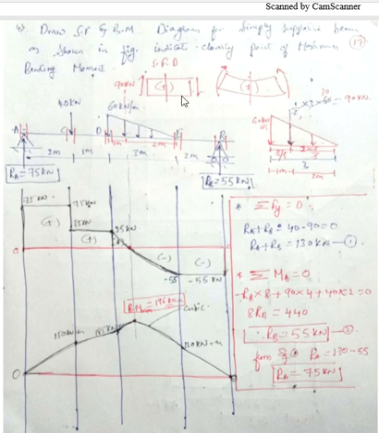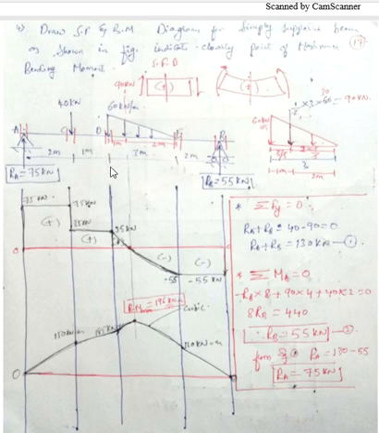Again, the sign conventions are: for drawing SFD, come from the right side to the section. If the force is downward, then take it as positive. If the force is upward from the left side, then it is taken as positive. For BMD, if the moments are trying to lift the beam upward, either from the right side or from the left side, if they are lifting the beam upward, then take them as positive. Now we'll start with the problem.